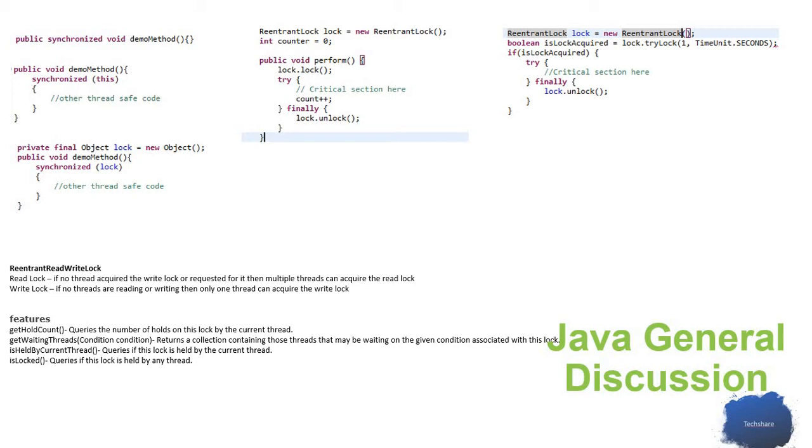Then we have executor frameworks to create and submit a thread. So these are different varieties of how to create multiple threads in the multi-threading environment. They keep adding these ways, each has its own pros and cons, and we need to use one of these to create a thread